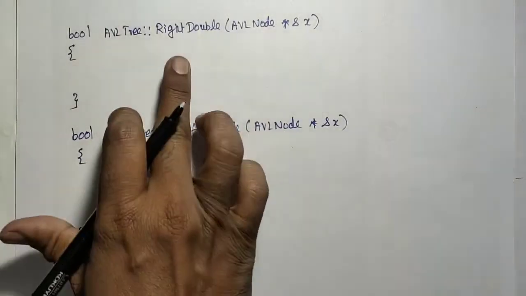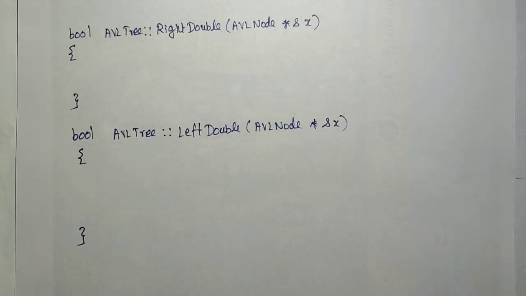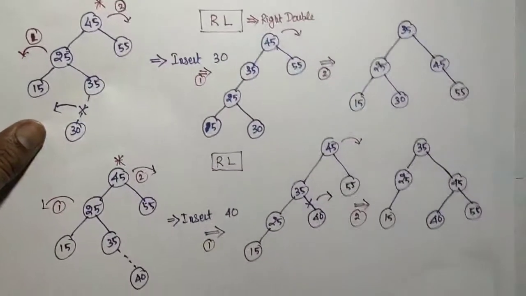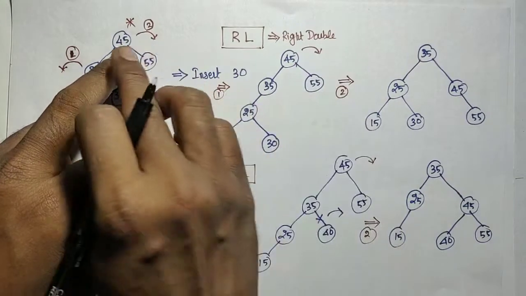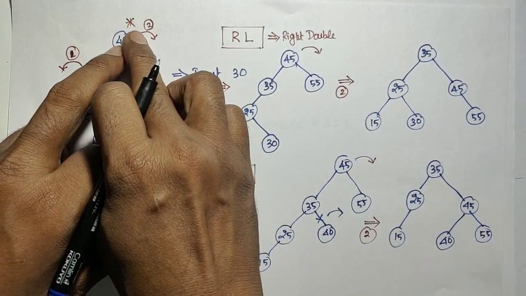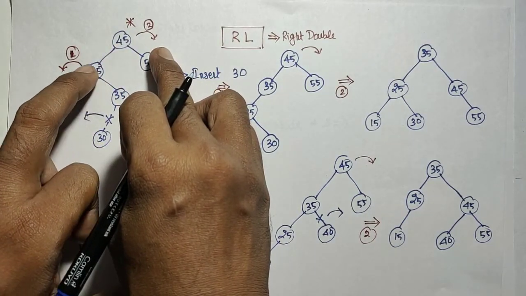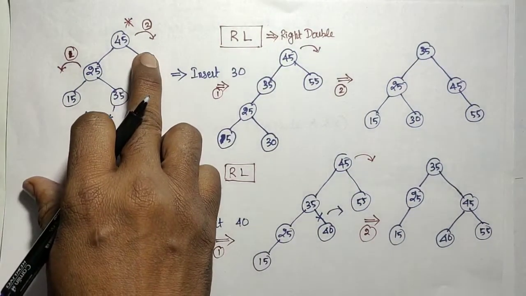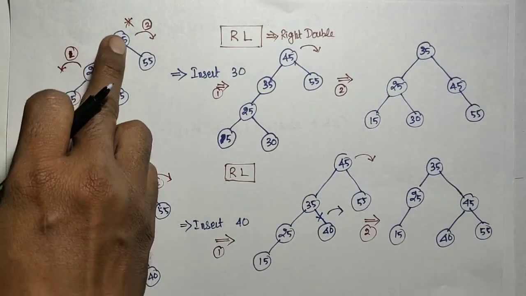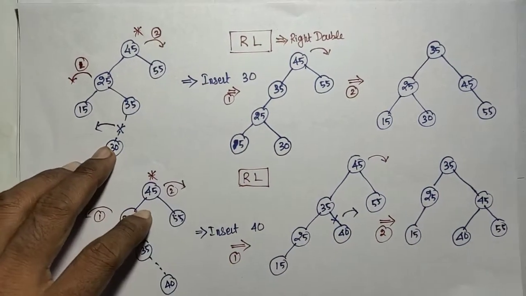Next, these two functions, right double and left double, are very simple, only two statements, because we have already written the single rotation. So right double means we have to rotate 2 times. Just to see that action for the right double: the left of that x has to be rotated on the left side first, then the main x needs to be rotated on the right side. Right double means rotate the left of that x to the left side first, then rotate that x to the right side. So that is the action, correct?